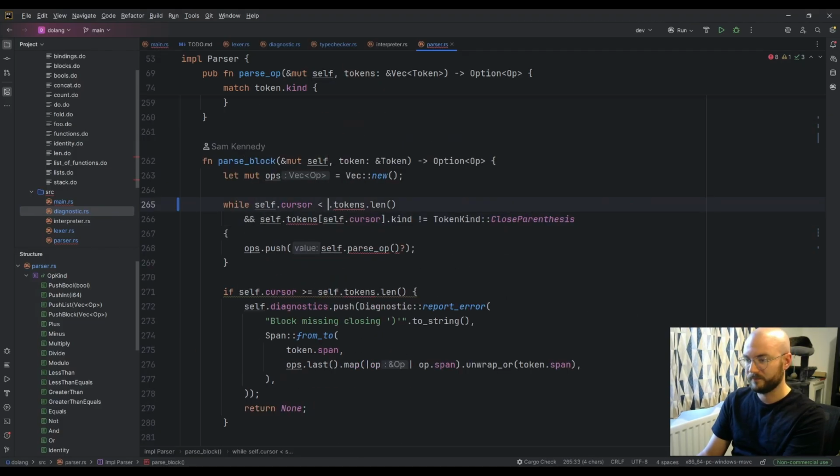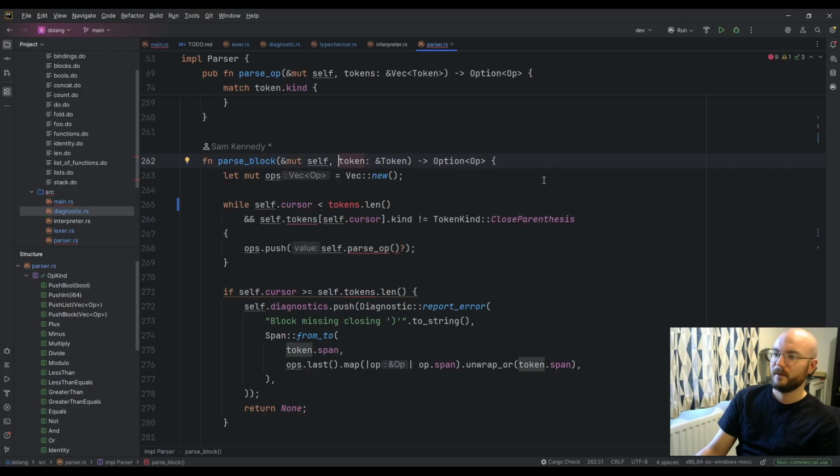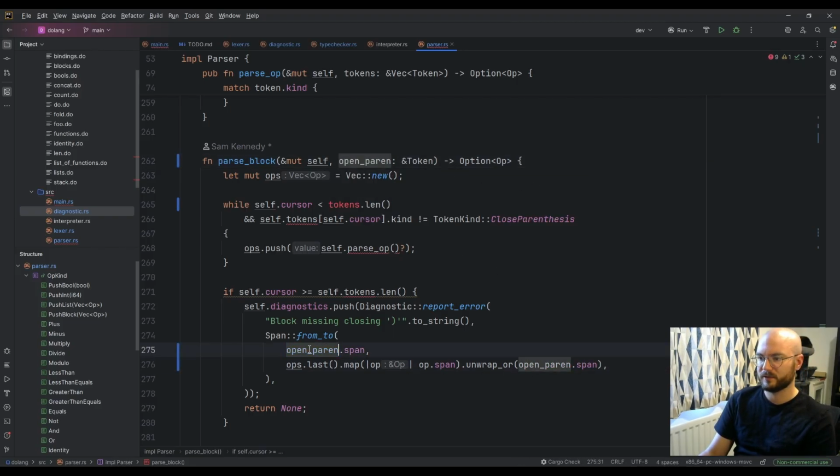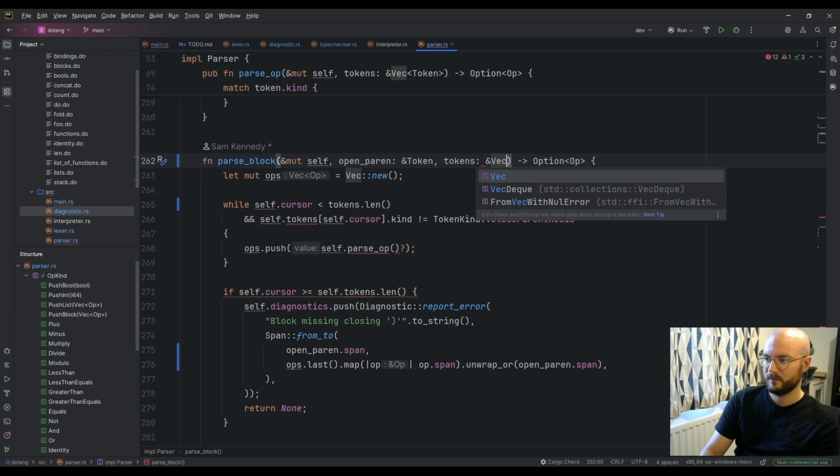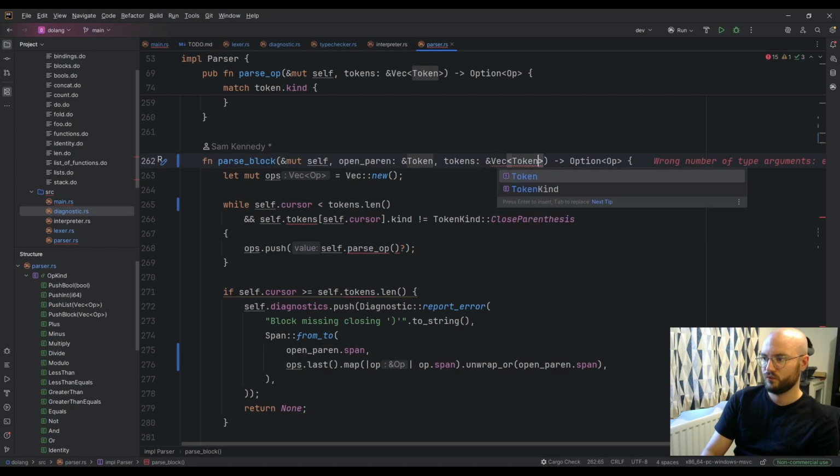And we're almost there. Oh yeah, parse block. Yeah, this should be called open paren, because just token isn't very descriptive. And then we also pass in the rest of the tokens, like that.